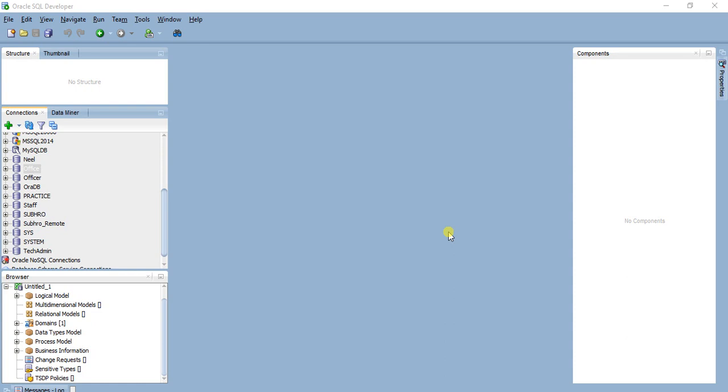A data model can be created in two ways. One is forward and one is backward, which is called reverse engineering. Forward is where you create a data model without creating any physical database. You create a logical model. You create all kinds of rules or constraints, and after creating the data model, you can generate data definition language, and with the data definition language, you can create the database and create all the tables and